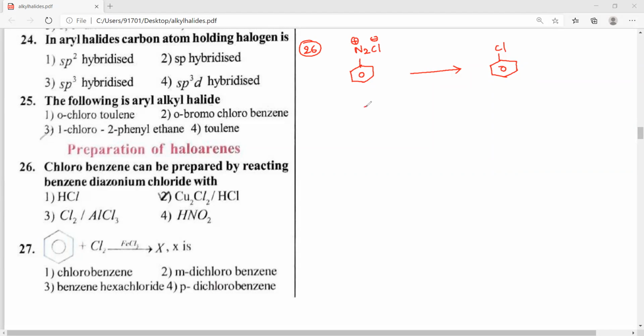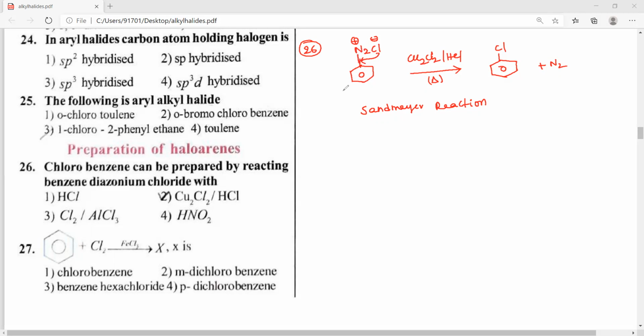It is nothing but what reaction, dear students? Sandmeyer reaction. Sandmeyer reaction we already studied. So in the Sandmeyer reaction, what reagent are we using for the preparation of chlorobenzene? Cuprous chloride, Cu2Cl2 with HCl on heating. Then we are getting chlorobenzene. The byproduct is N2. Here, because generally aryl halides